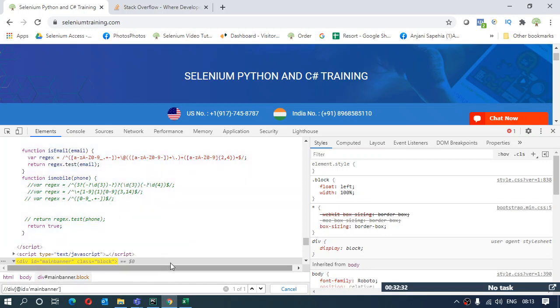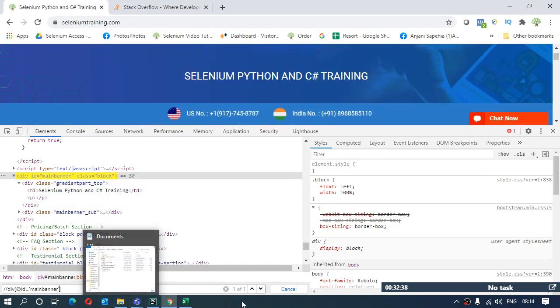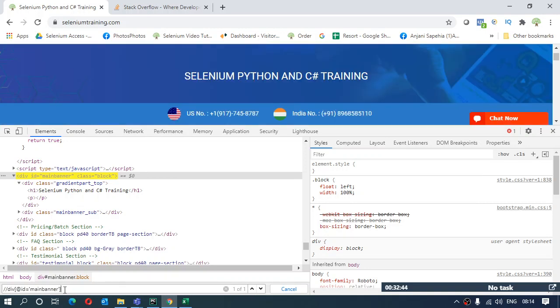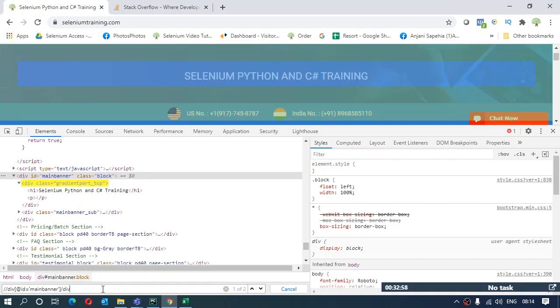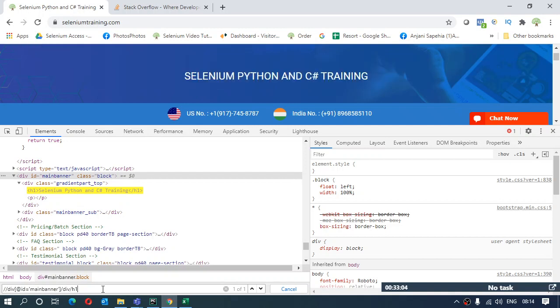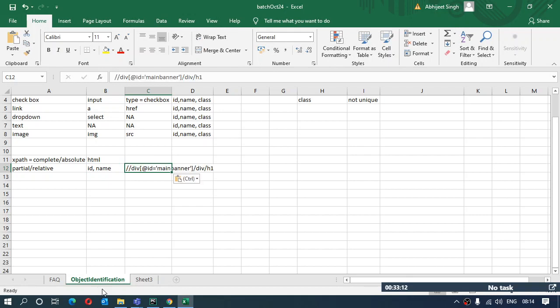It will automatically highlight that div tag which you are interested in, in yellowish color over here, and it will give you an output as well that there is only one element being reflected by the XPath you have made. Right. Now after this I have one more tag to go to reach my element. So I'll say slash div slash h1, like this. I have reached my element and this is what we have got. Control C.